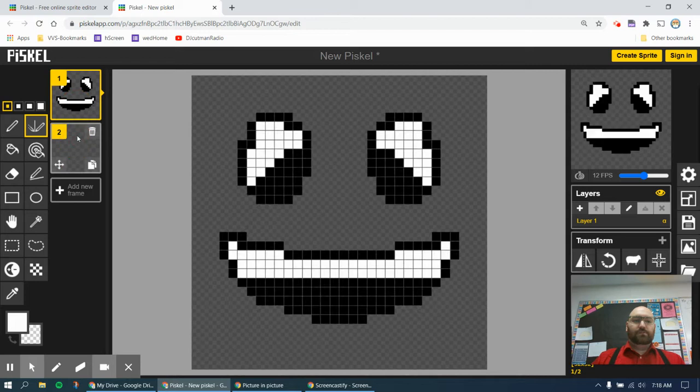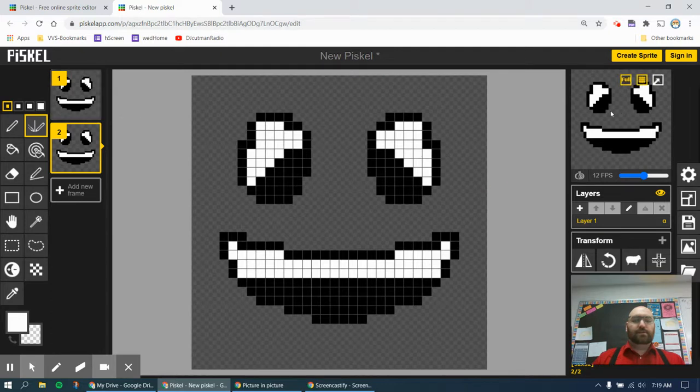But there's actually a much easier way to create an animation, because right now we just got a flashing effect. All right, I'm going to delete this frame by clicking on the trash can. And instead of clicking add new frame this time, I'm going to mouse over my previous frame. And I've got these little pages down here. This is duplicate this frame. When I click on this,